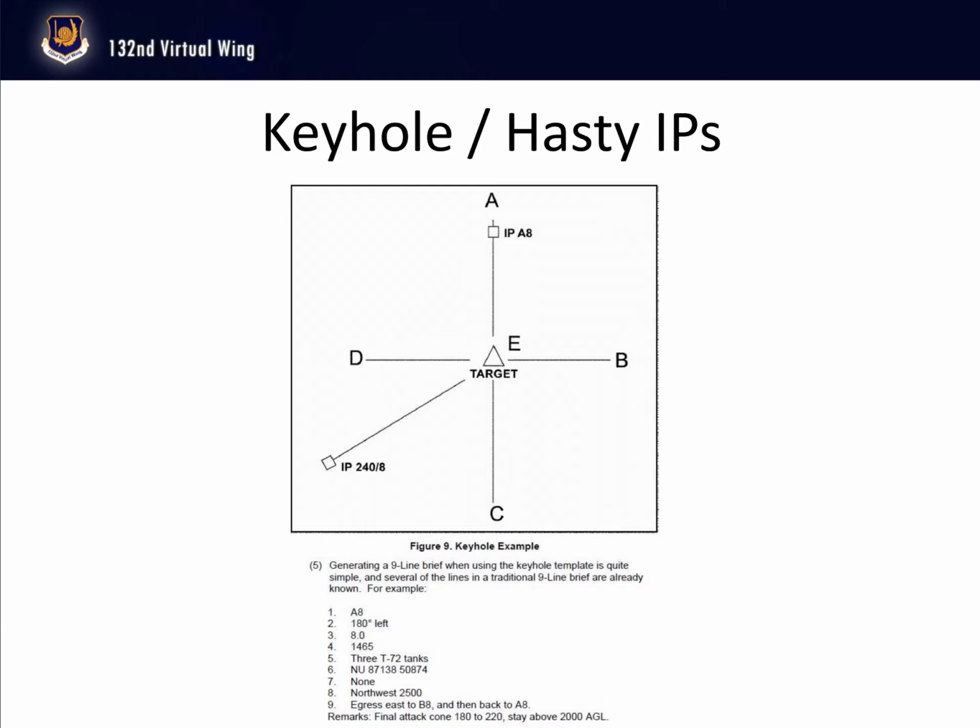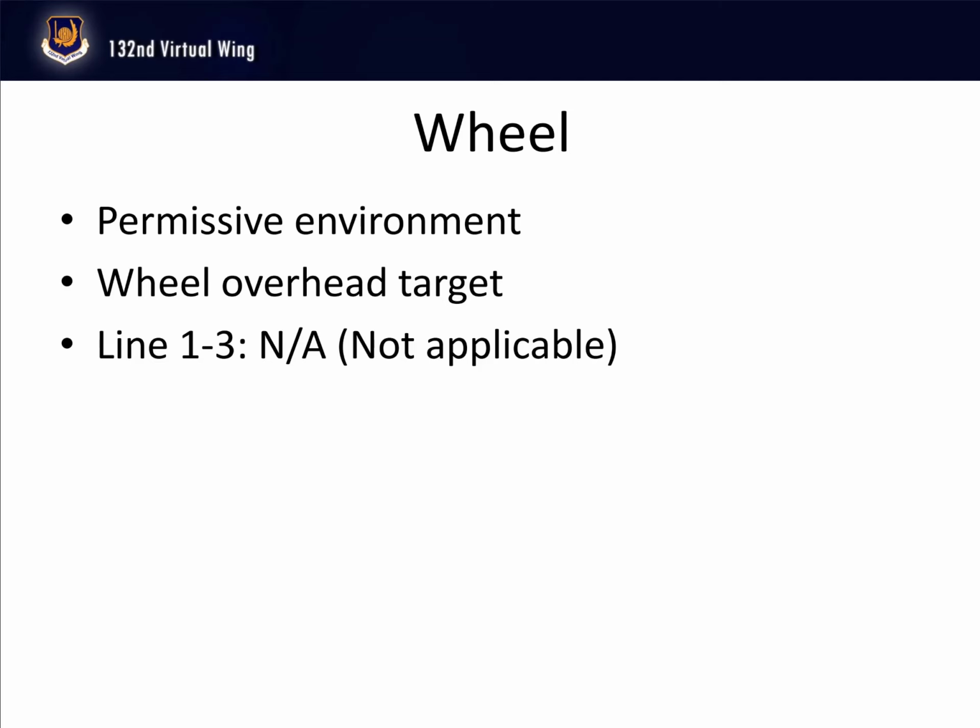Okay, slide 19, wheel. So when we have a permissive environment and it's possible to bring the aircraft closer and not hold them further away, we'll do it. We'll bring the aircraft closer. Wheel means overhead the target area. It can sound like,